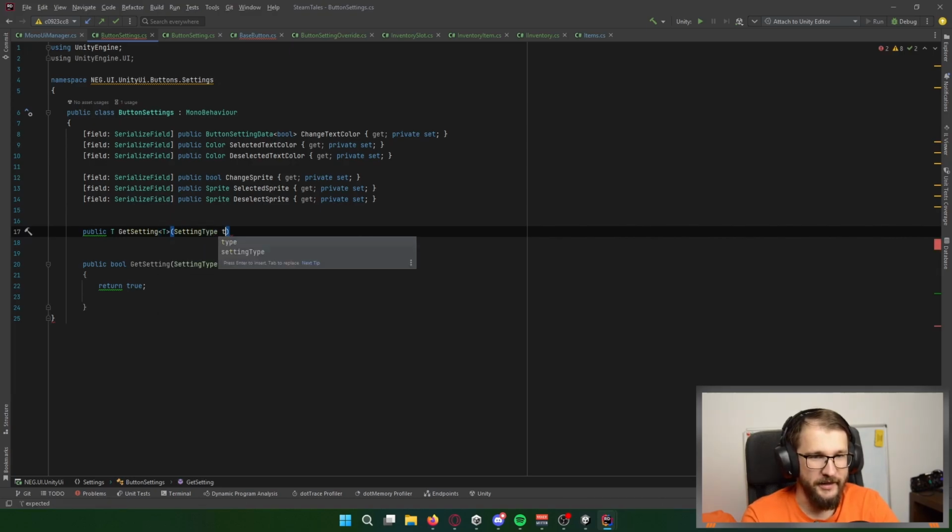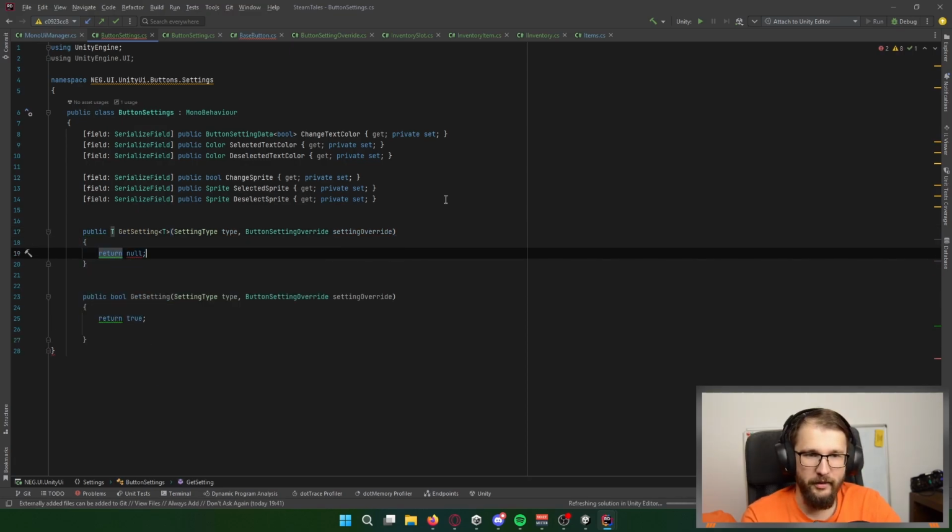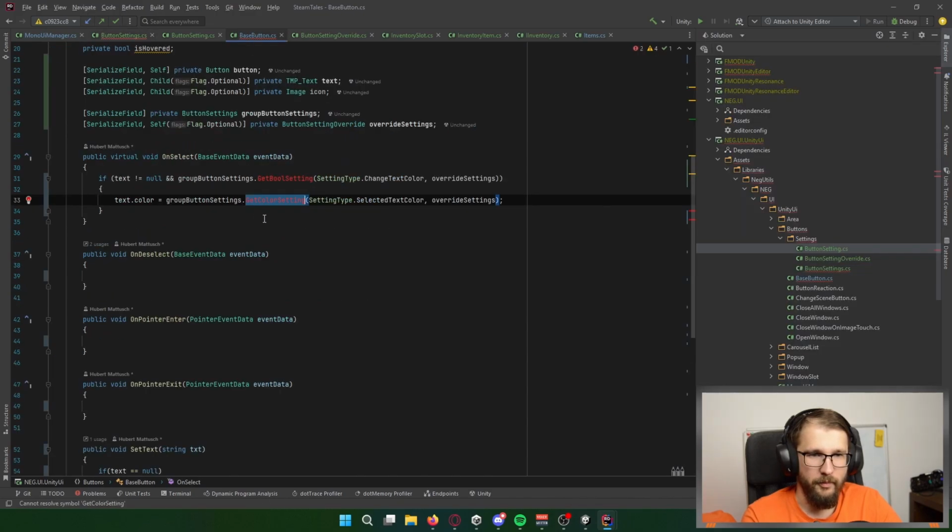And here setting type, and of course button setting override, and of course return null. It won't work now, but